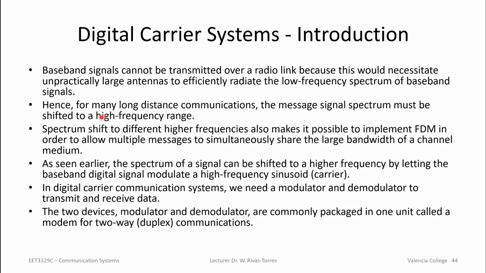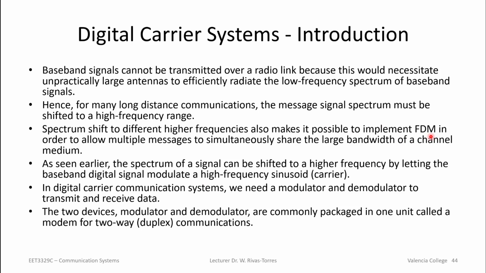So we need to go to a high frequency carrier system, and we want to shift the spectrum to higher frequencies. And by the way, this allows us to take advantage of FDM,